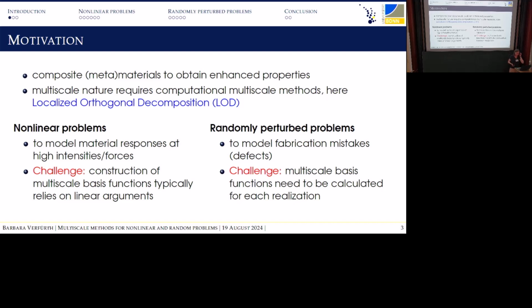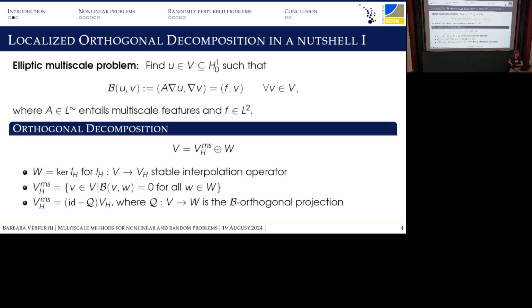But before coming to each part separately, I want to briefly put us all on the same page concerning the multiscale method I will then have a look at, namely the localized orthogonal decomposition. Some brief ideas how this works. So I will illustrate these ideas at the simplest multiscale problem possible, the elliptic multiscale problem that you all know,